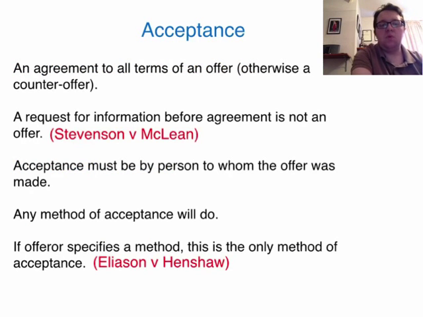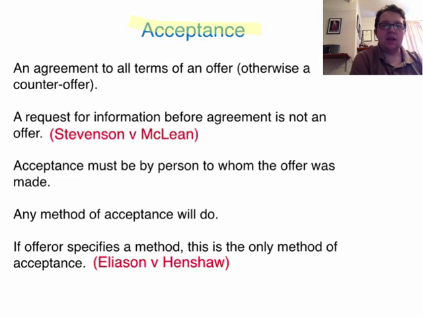So now we're on to the important second element of what is recognised in law for a legally binding contract, and after offer comes acceptance, and that is firstly that an agreement to all terms of an offer must be made. So if there isn't agreement to all terms, it becomes a counter offer from the offeree, the person receiving the offer. A request for information before agreement is not an offer, so the key case here that supports this,